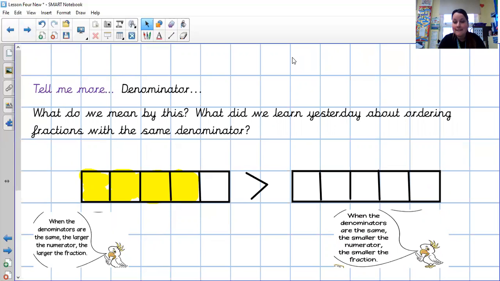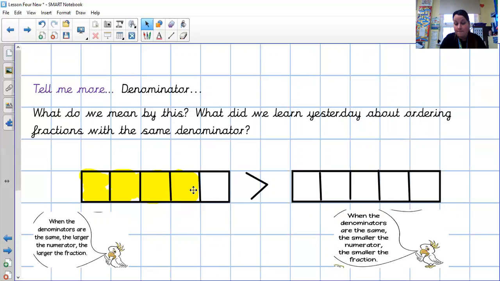So the denominator is how many equal parts our whole is divided into. And what did we learn yesterday about ordering fractions with the same denominator? We learned that when the denominators are the same, the larger the numerator, the larger the fraction. Or we could say when the denominators are the same, the smaller the numerator, the smaller the fraction. So in this example here,